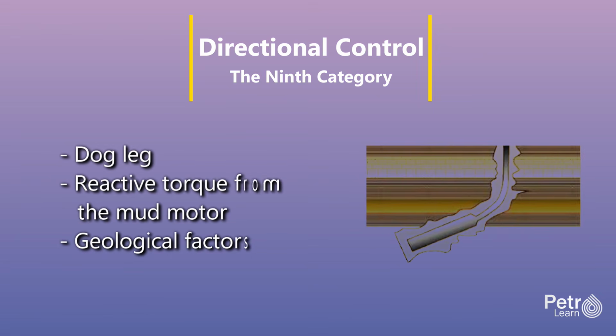Building angle too fast can create a dogleg, a sharp bend in the wellbore that causes high drag and torque, makes running casing difficult, and creates stress concentration points where the drill string or casing can fail due to fatigue. Reactive torque from the mud motor creates a tendency for the well to walk or drift in azimuth, typically to the right with a right-hand rotating bit. Geological factors such as dipping hard formations can cause the bit to drift up or down dip regardless of steering